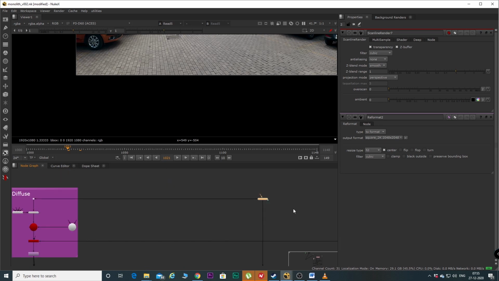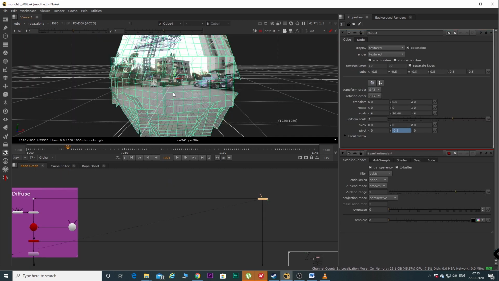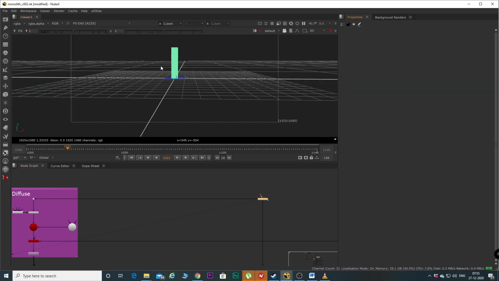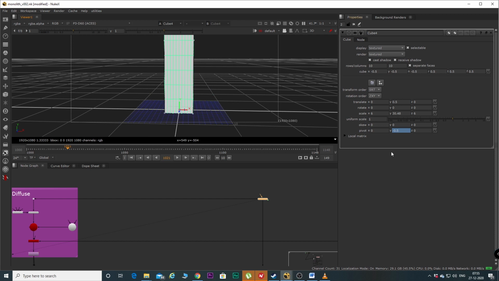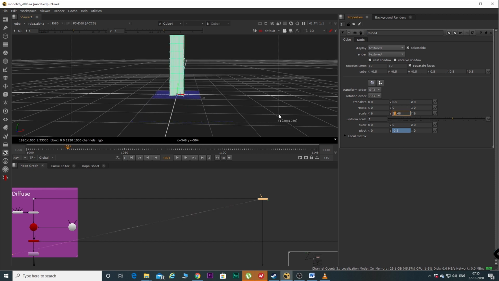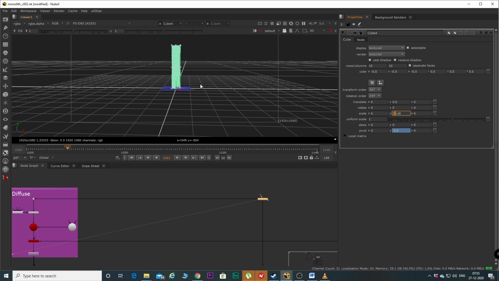Anyway, so what I did is I took a cube. Over here, I've taken the pivot down so that when I scale it, I'm scaling it from down. Also, I have parented it to my pivot over here, negative parenting. So that's the way you can scale it up and down from the bottom. So the monolith is 3 meters long. So as in Nuke, we work in decimeters. So 3 meters is 30 units, like 30 decimeters. So that's the value that I've added over here.